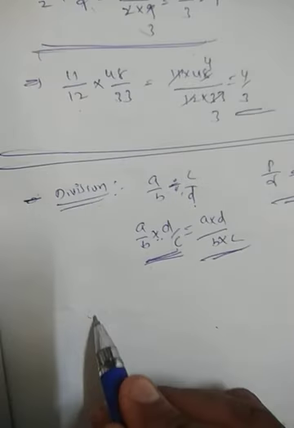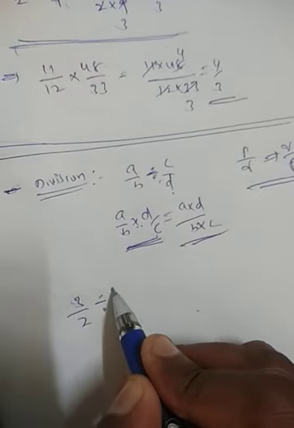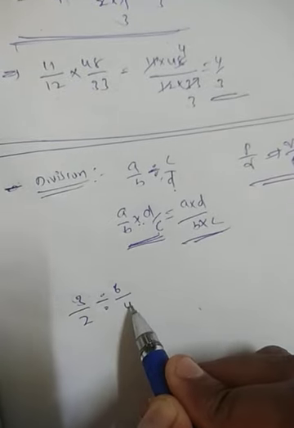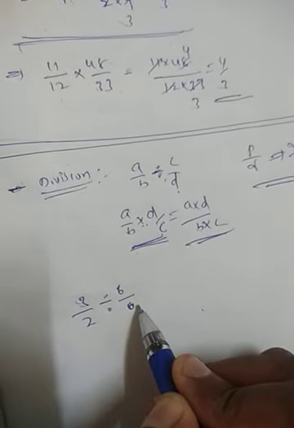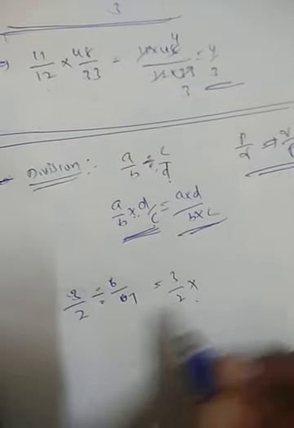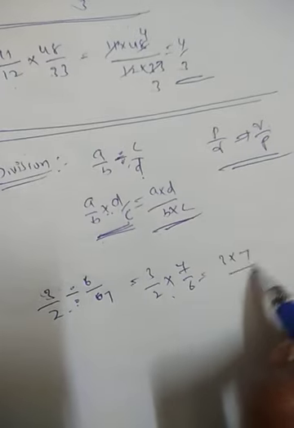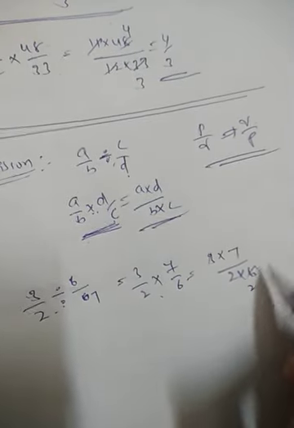In the same way, I am taking 3 by 2 divided by, let us take any value, say 6 by 7. How can I write? 3 by 2 into, division by a number is multiplication by its reciprocal, that is 3 into 7 by 2 into 6. That is the reason we can answer like this also. See, 3 ones are 3, 3 twos are 6. It will become 7 by 2 twos are 4. So this is about fraction simplification.